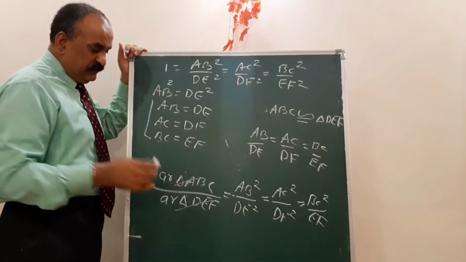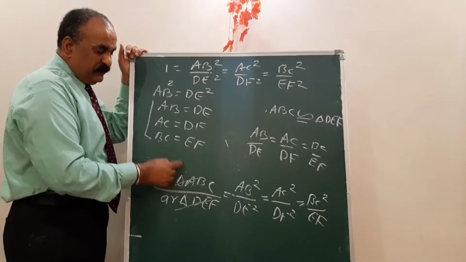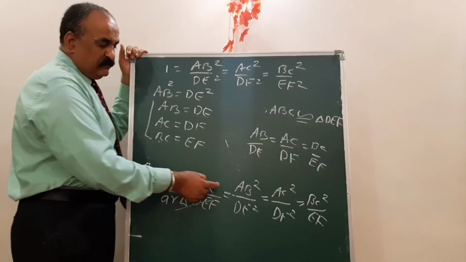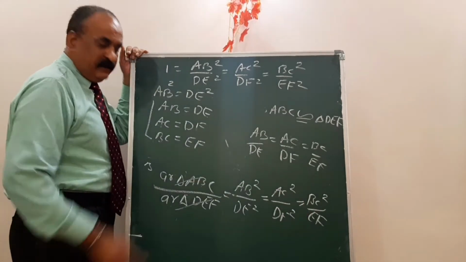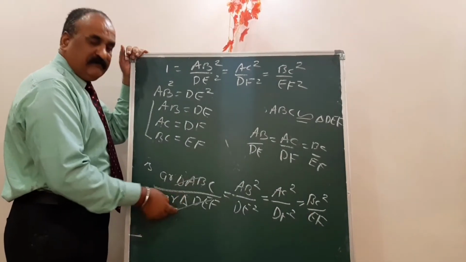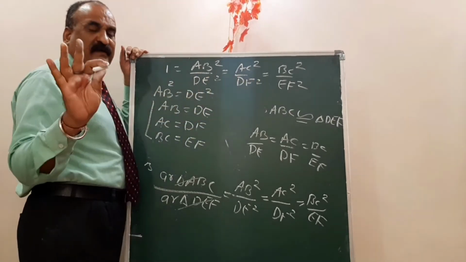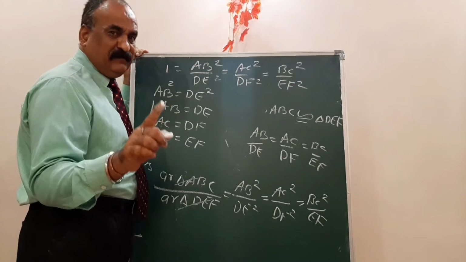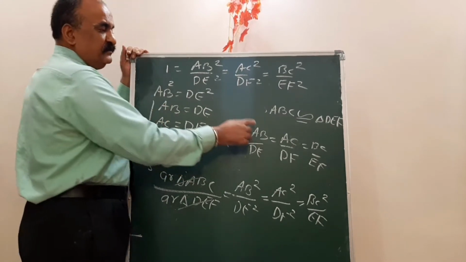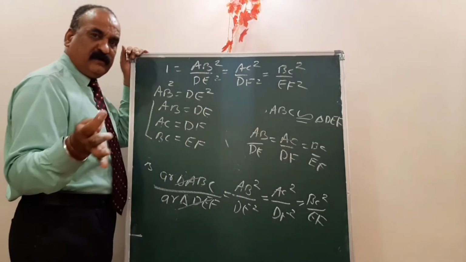Again I want to explain that if the two triangles are given similar, it means the ratio of the areas of these two triangles is equal to the ratio of the squares of their corresponding sides, and the areas are equal, so it will be cancelled. Then you can write this. In the given, what you will write: triangle ABC and triangle DEF are similar triangles in which AB upon DE equals AC upon DF equals BC upon EF.